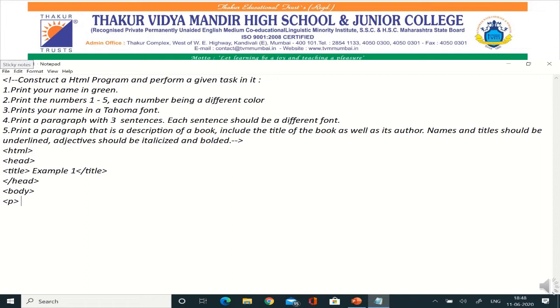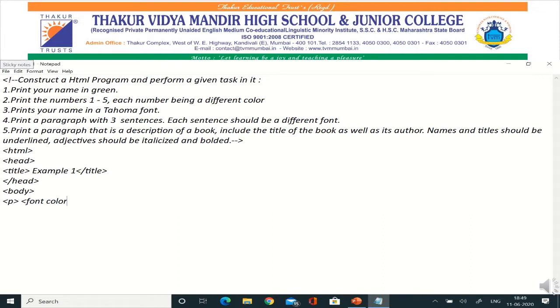Now to give my text green color I have to use the formatting tag font. So font tag open. Now I'm going to give color. That means I'm going to use the attribute color, COLOR, not COLOUR.